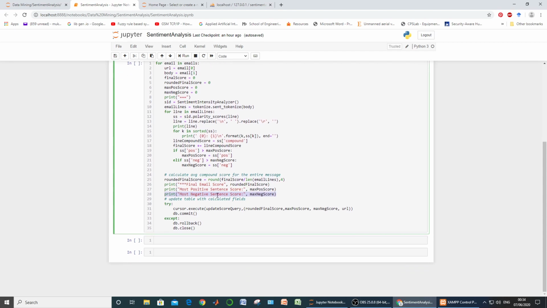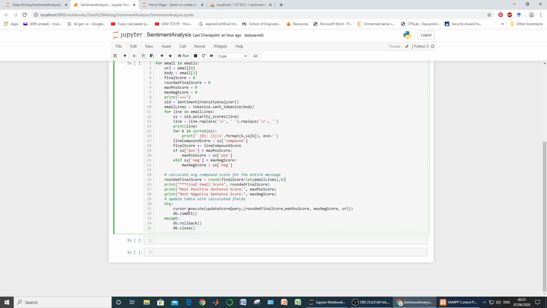And after finding all three scores, meaning the compound average score, the maximum positive score and the maximum negative score obtained by any line, we have to update our row that was containing that particular email. So this is the code for the same.